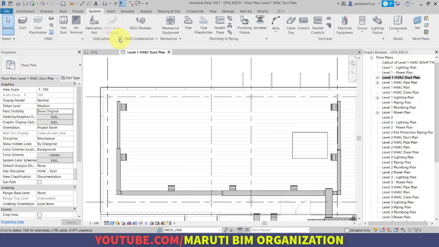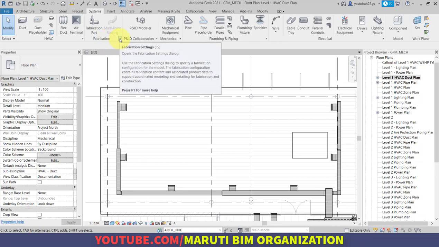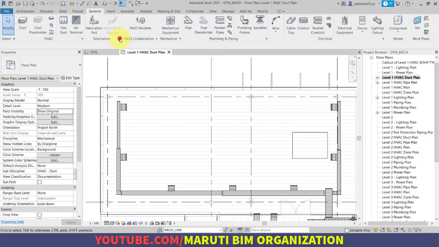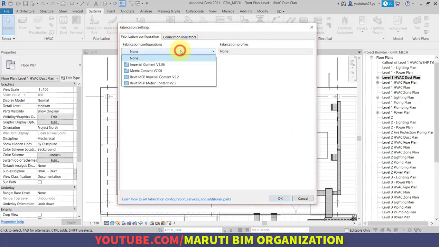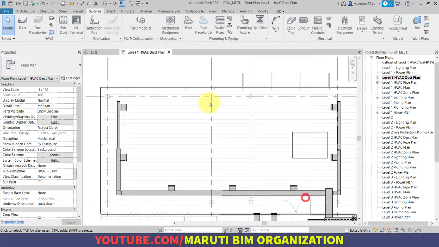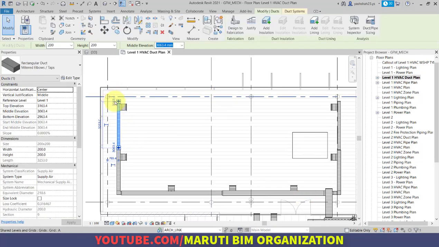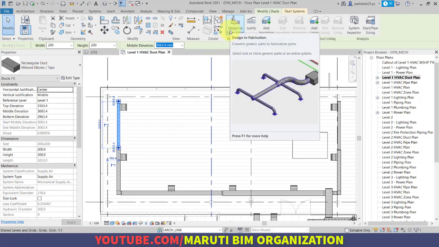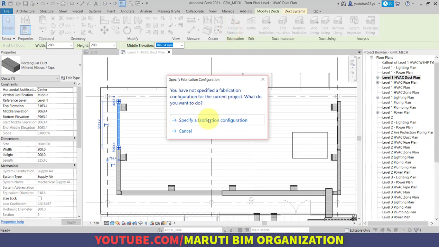So in the fabrication, if I click on this arrow, there is an option of fabrication settings. So we have to set up these settings as well. Right now I'm just clicking on cancel, selecting this duct, and I want to convert this duct into a fabrication duct. So I'm clicking on design to fabrication. It is asking me, you have not specified a fabrication configuration. So what you want to do, either specify a fabrication configuration or just cancel. So I want to specify the fabrication configuration